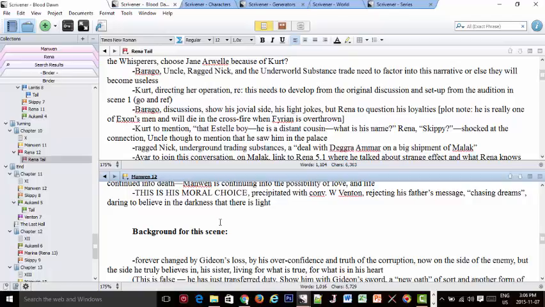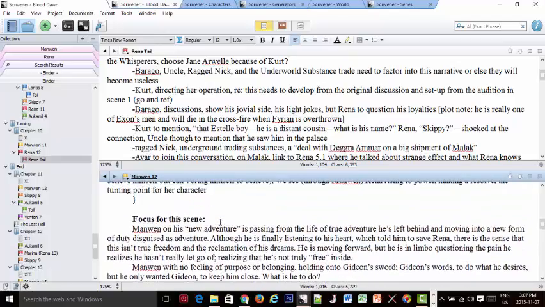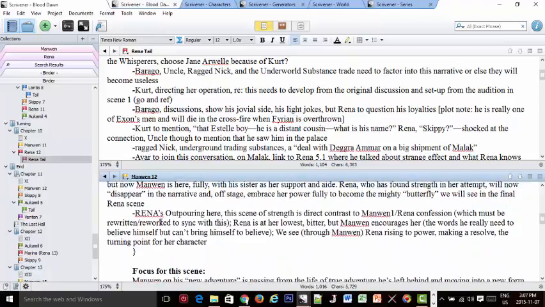But I've embraced this hybrid form, where my knowledge of plotting has helped me to build nice, coherent notes. But I view these as notes. I don't view them as scene beats or things that have to happen. It's like imagine a woman doing up her hair in a bun. You've got to put all the nice pins in place so that everything will hold. That's how I look at my notes. The structure has to work, but it might not work out, and I might find a better alternative. So I always need to be flexible.